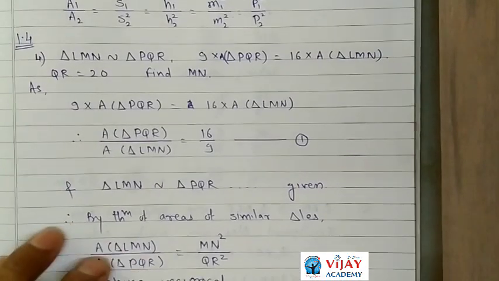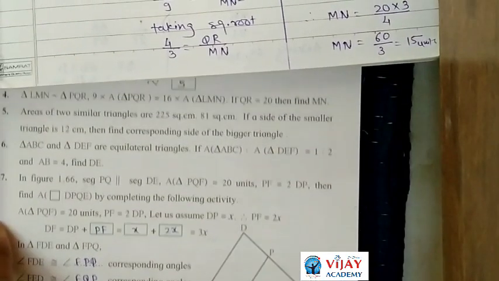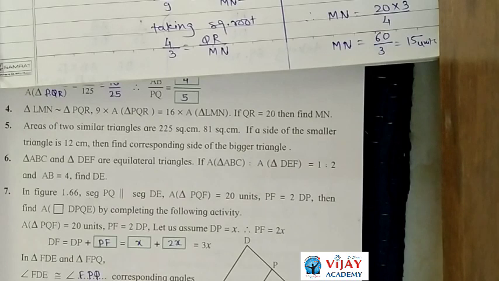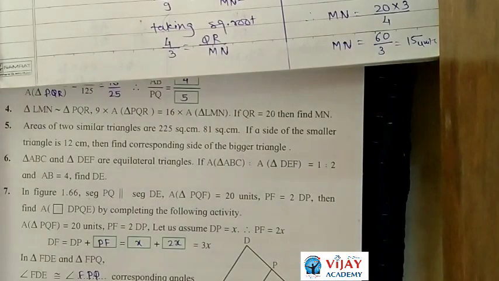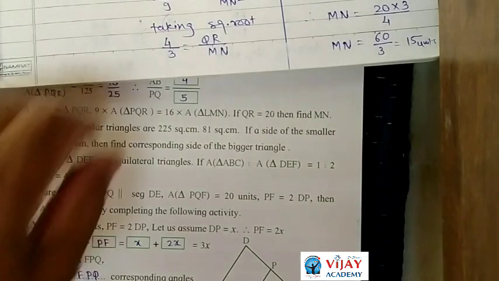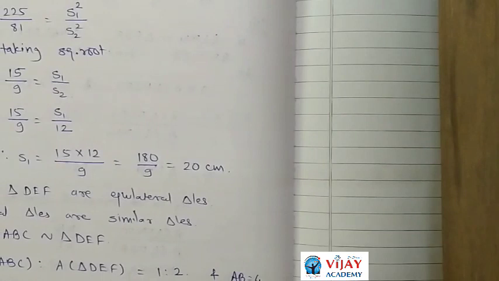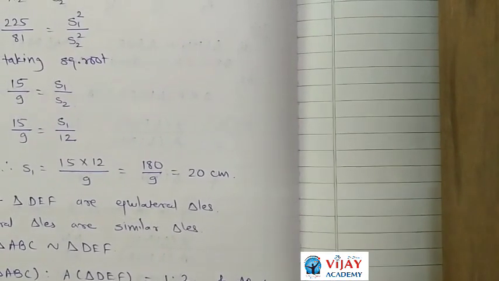Now we'll take the next sum. You are given the areas of two similar triangles as 225 square centimeter and 81 square centimeter. If a side of the smaller triangle is 12 centimeter, then find the corresponding side of the bigger triangle. Actually, in this sum it is not mentioned which triangle is greater. So first we have to consider that